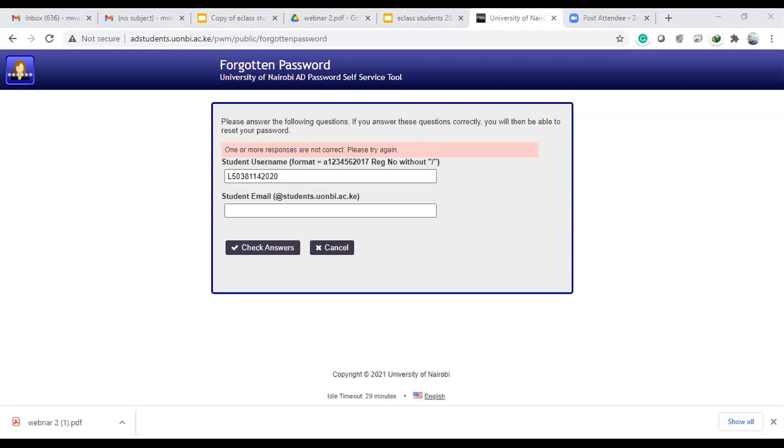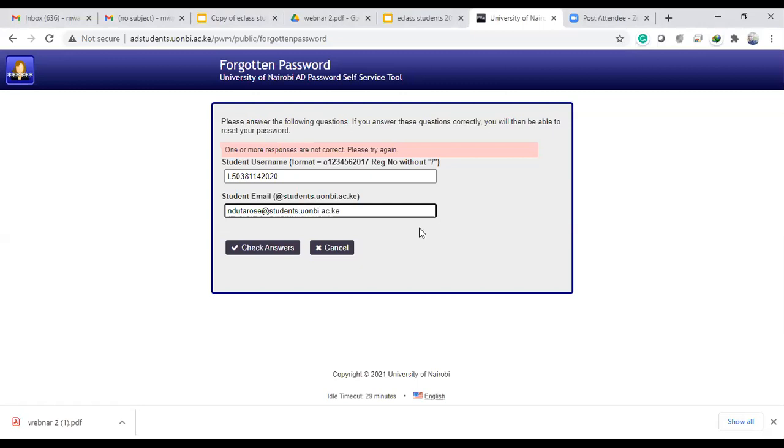Yes, I do. Which is? Nduta Rose at students.unbi.ac.ke. Correct. So now after this, I'm sure you're able to access it. Are you able to access it very quickly on your phone? Yes. Perfect. So after this, I'm sure we are sending something on your email, because we need to ensure that we have reset your account